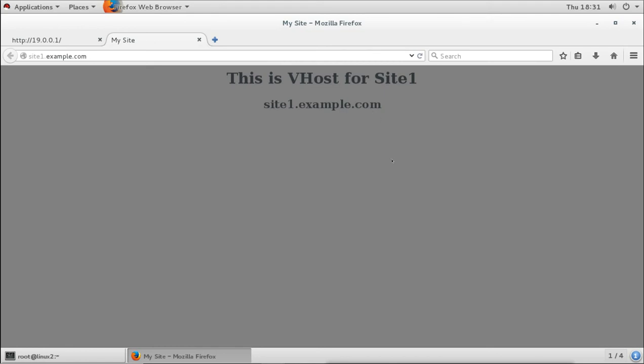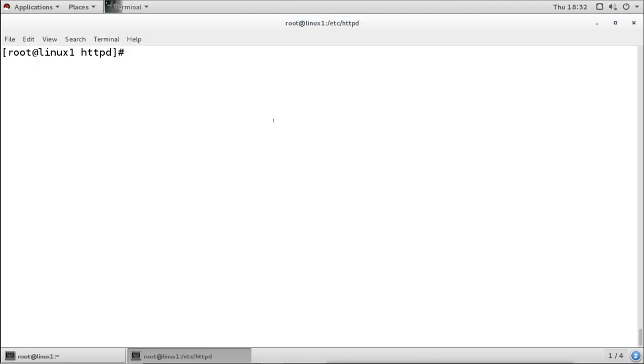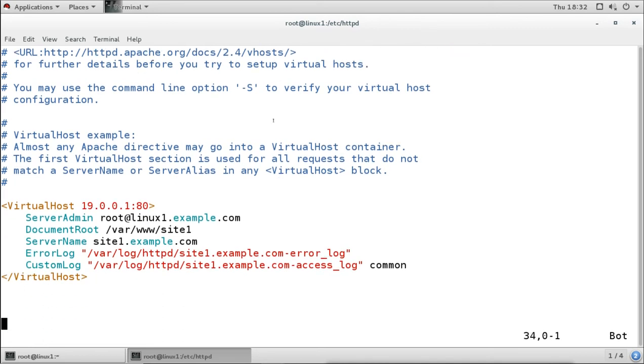Now using the same method we can create multiple virtual host sites. Let us create one more. So I'm going to create quickly one more, using the same method. So first I will open the vhost config file. Now I can create another config file for the another configuration, or I can use the same file and I can add the new configuration in the same file.